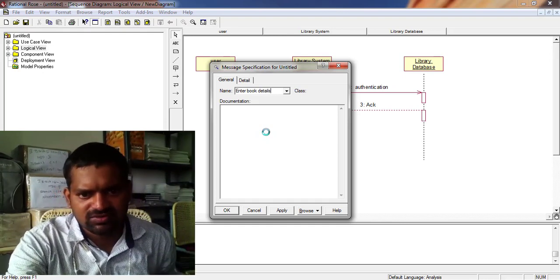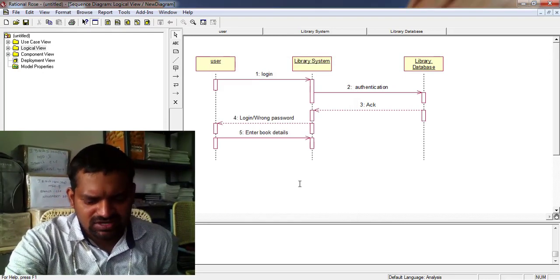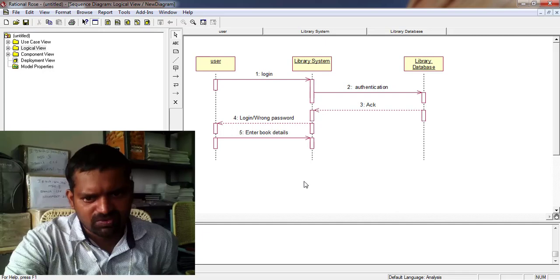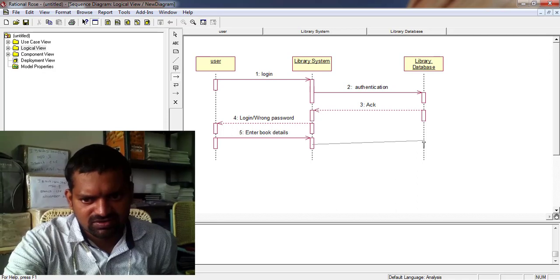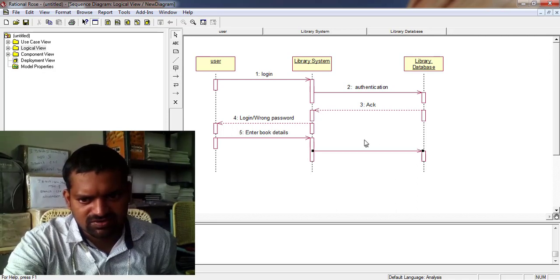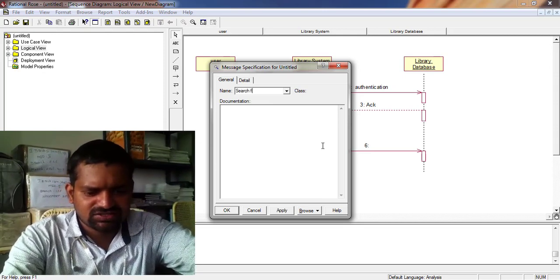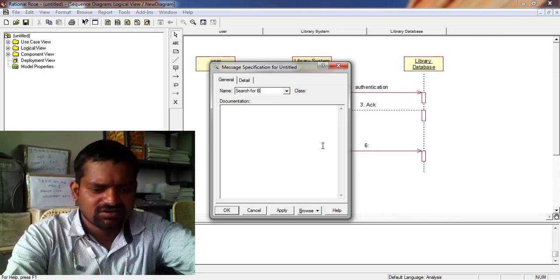After entering the book details, from library system to library database, search for a book. So this will search for a book. You write searching for a book. Double click here, search for book.